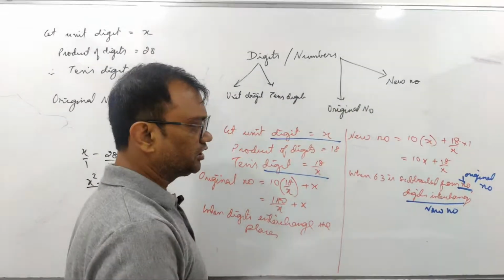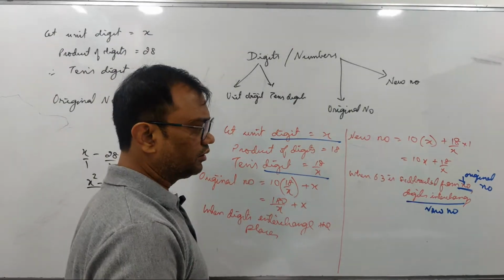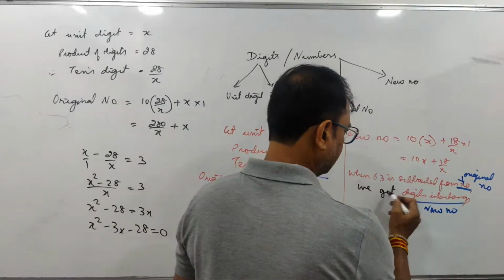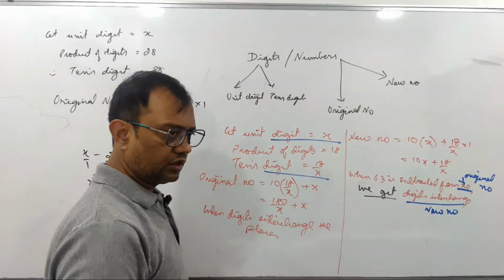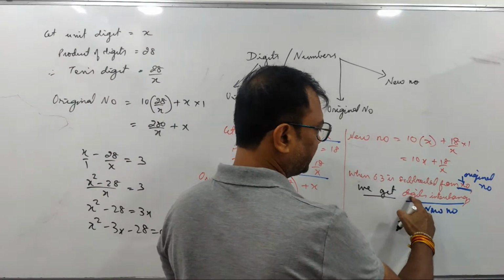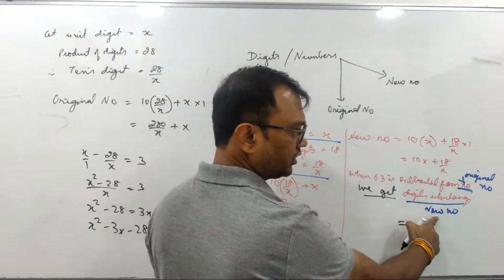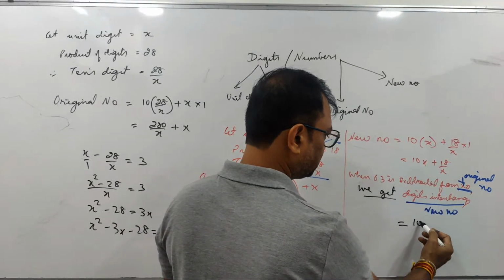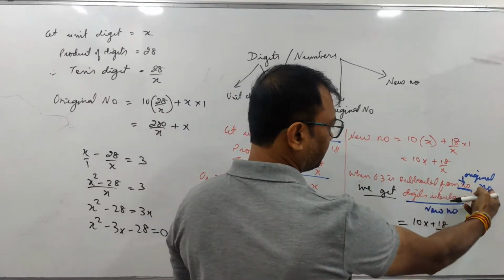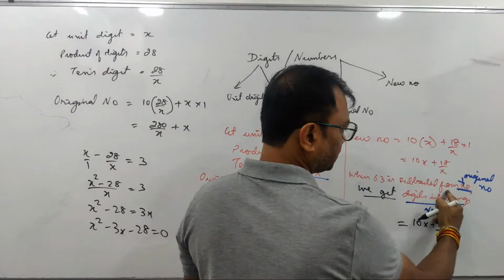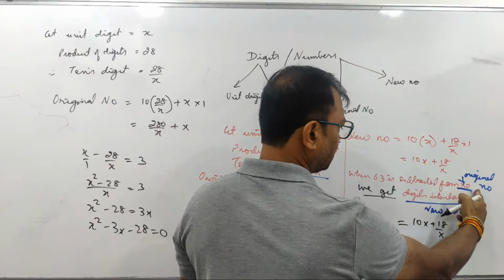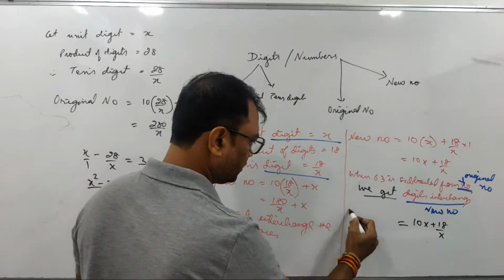ठीक है? So when 63 is subtracted from the original number, we get the digits interchanged. So I can say we get digits interchange. Let's make the equation: by interchanging the digits, what do we get? It becomes 10x plus 18 upon x. We read the equation from backward. So when we read the equation from the backside, first comes the original number,